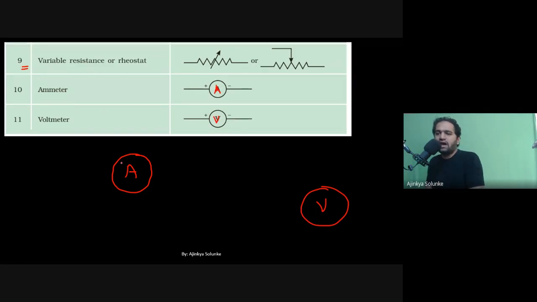That's it. And positive, negative has to be shown. Positive, negative, positive, negative. So I think there is no explanation needed in this case. It's just a symbol. Draw a circle, write A for ammeter, V for voltmeter. That's it. Nothing more, nothing less. Okay. Now let us go for 9th.